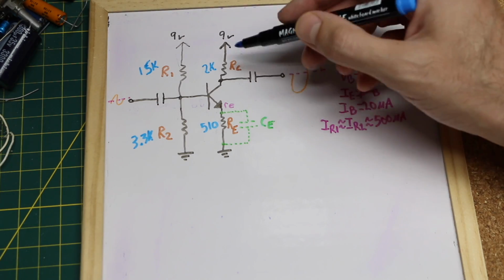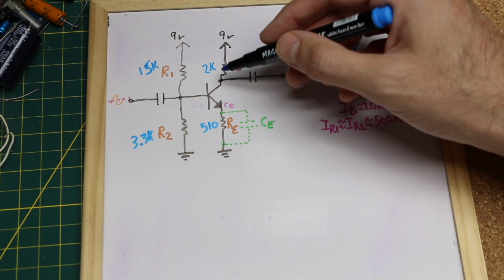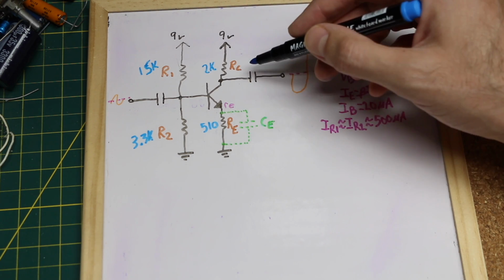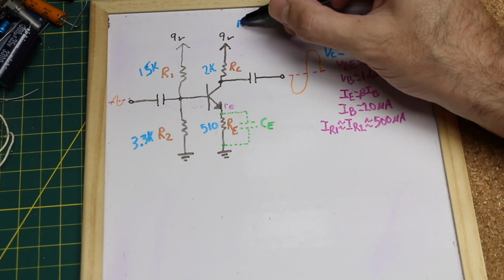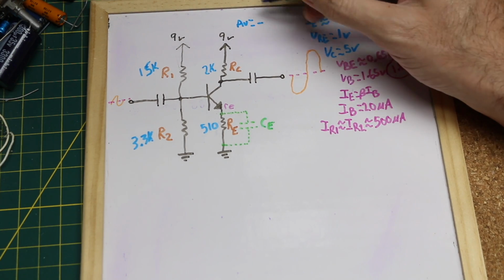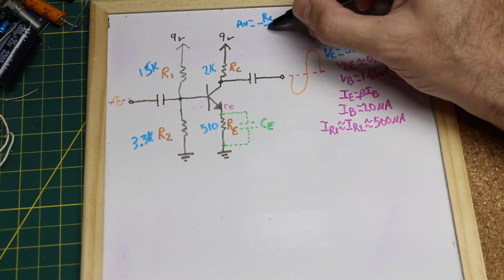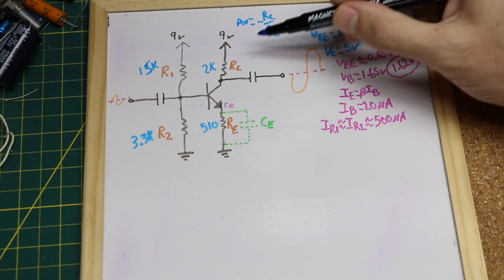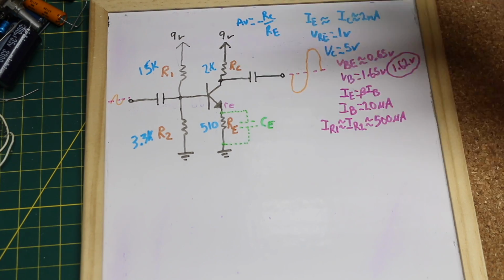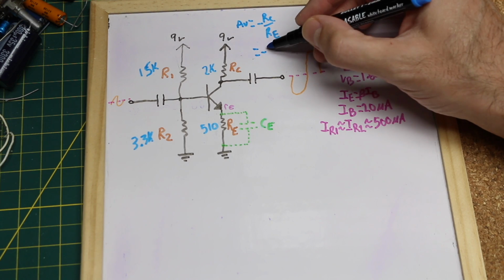And another calculation we can make, the gain of this amplifier is going to be the collector resistor divided by the emitter resistor. And it's going to be negative because it's an inverting amplifier. And with a 2K resistor divided by 510 ohms, this is